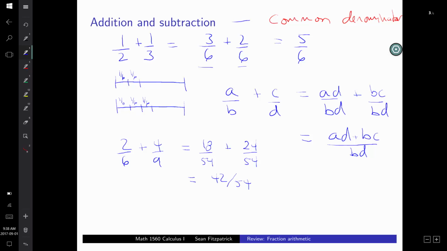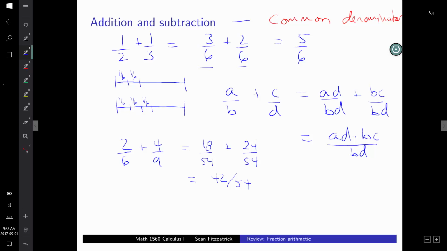And from there you might feel like, hey, I should probably reduce that. You don't have to. You could leave it as that, but it's a kind of an ugly looking fraction, right? So the other thing you could do is say, well, is there a smaller common multiple between these two? And you say, yeah, 54 is not the smallest. I could go, let's see,